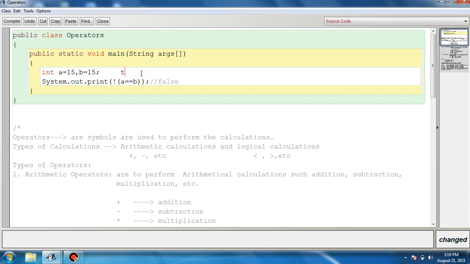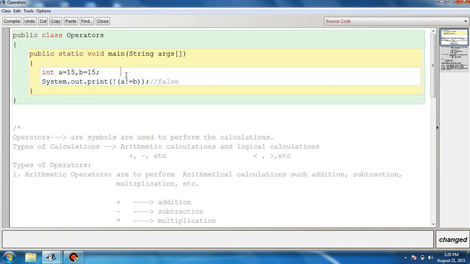Now if we change the relational operator to A is not equal to B, the value stored in A is 15, the value stored in B is 15, 15 is not equal to 15, that is false.